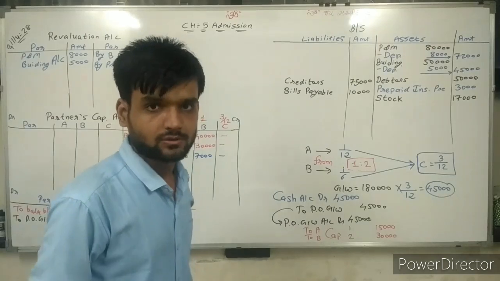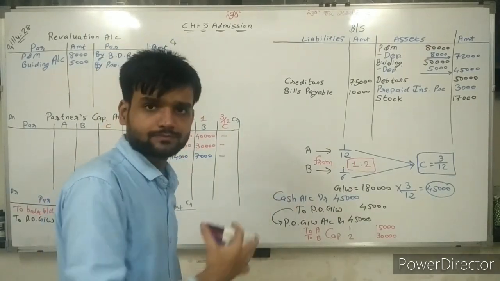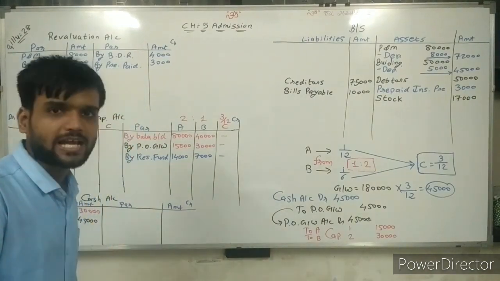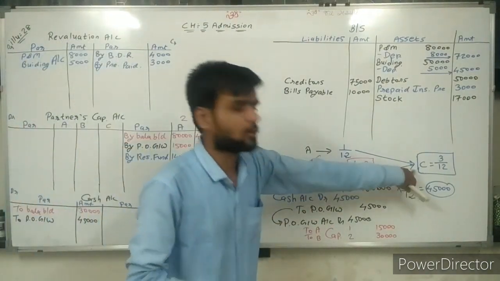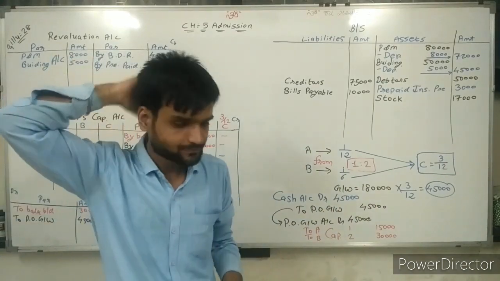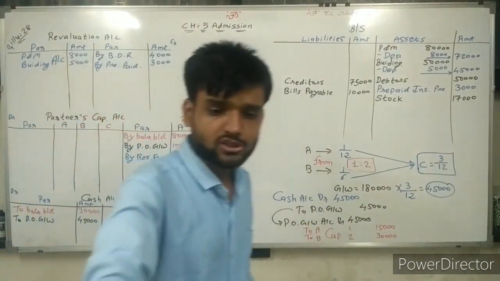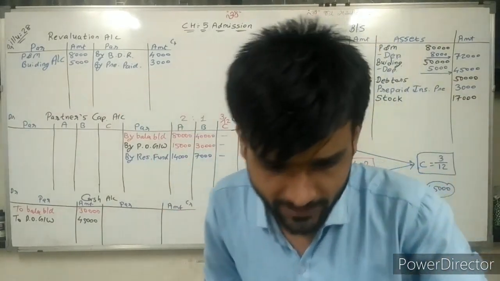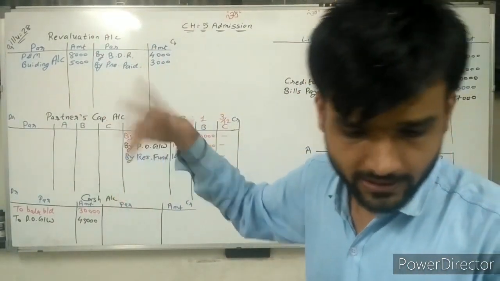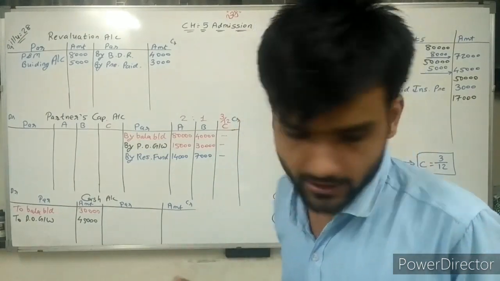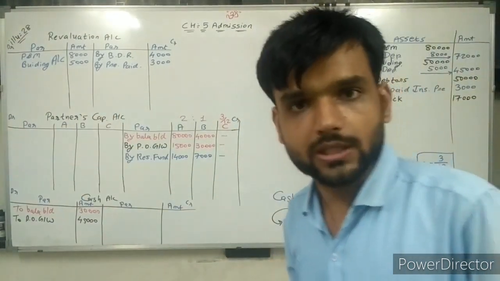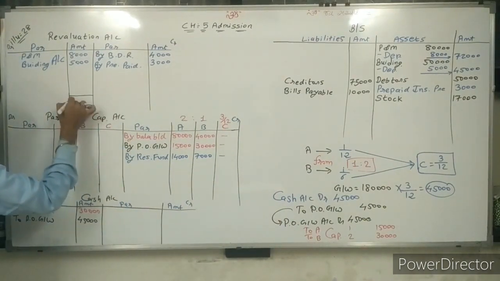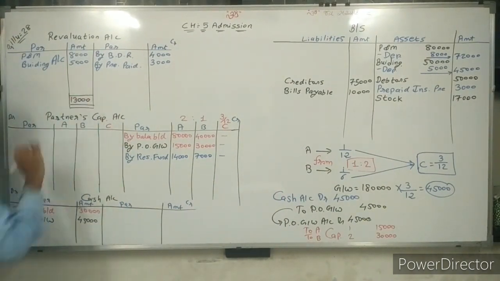So that we are doing now. But one by one, closing accounts, then we can find the proportionate amount of C. Don't worry. So, first of all, closing the revaluation account. Debit side 8,000, 5,000, yes. Credit side 4,000, 3,000, okay. Now the debit side total is more, 13,000. So I am writing here 13,000.